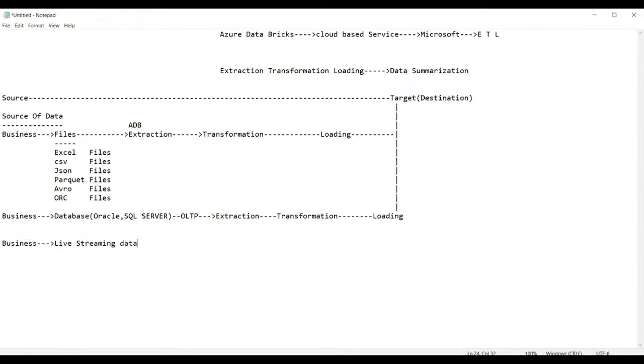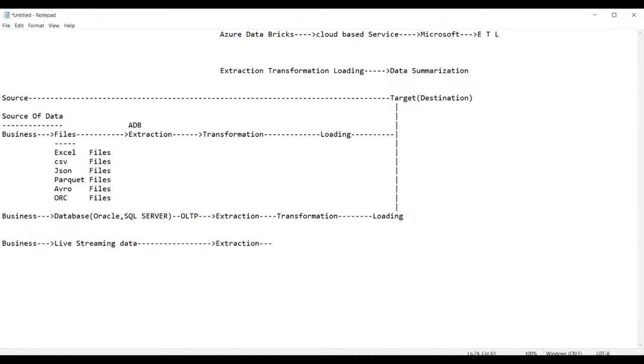Suppose an India versus Pakistan match is going on, you will get the live streaming. Am I right or not? Yes, guys, that is all called live streaming data. Even the live streaming data we pull in here as it is. And this process is again called extraction. We perform the extraction on this data.